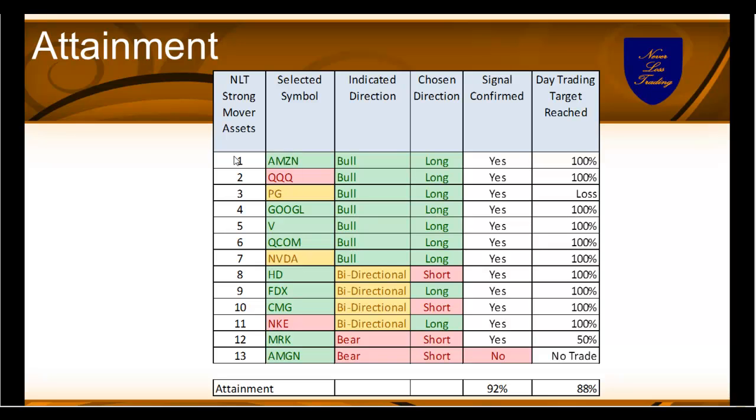Out of those 12 trading opportunities, 10 came 100% to target. One ended up being stopped, Procter & Gamble, that turned around on us, and Merck on the short side did only get to 50% of its target by the end of the day, where we would have closed a day trading opportunity. But that's substantial, so an attainment rate of 88%, and we always propagate high probability trading systems should